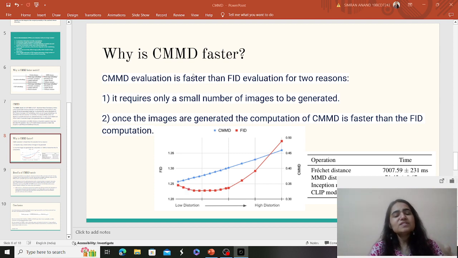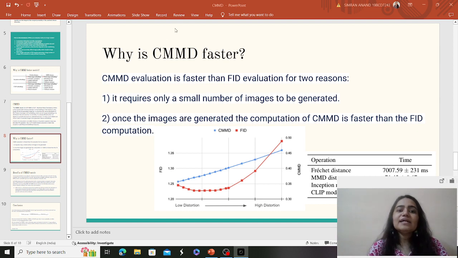So with CMMD, if I'm trying to identify the distortions in the image with human evaluation, and I'm saying that the image quality is degrading, then I would say that CMMD will go hand in hand with what human evaluation is doing. CMMD will also say that the image quality is decreasing. But on the other hand, FID will not be able to capture or identify that in most of the cases. And it depends totally on the sample size also. If you're having fewer images, then it would not give you accurate, reliable results at all. That is the drawback of FID.